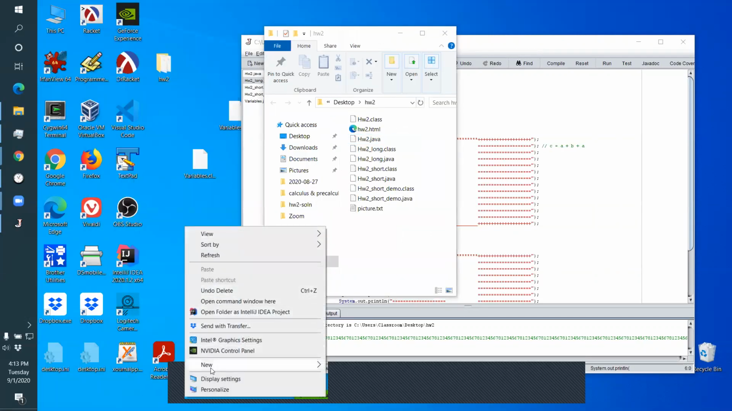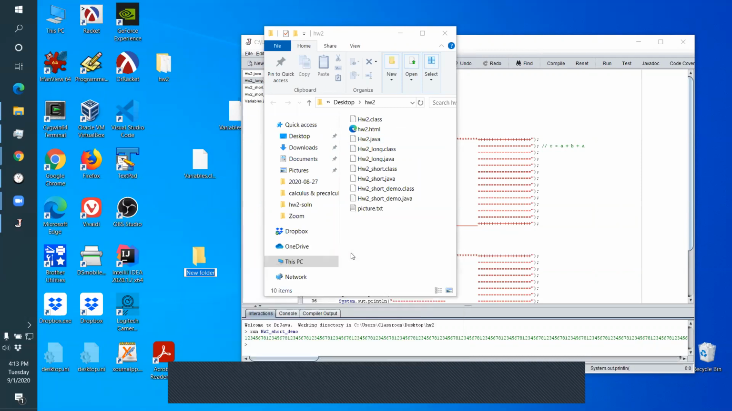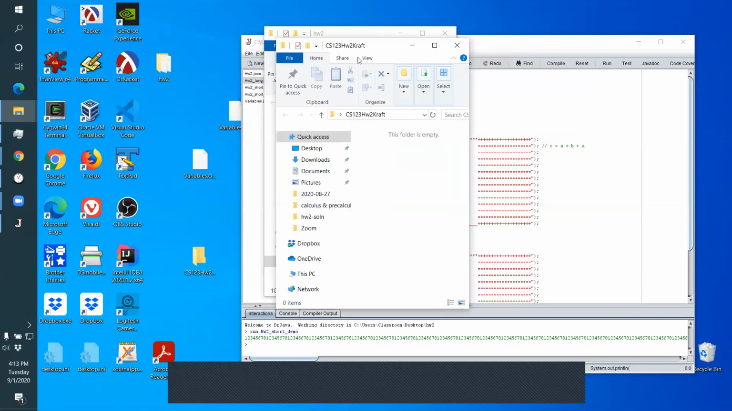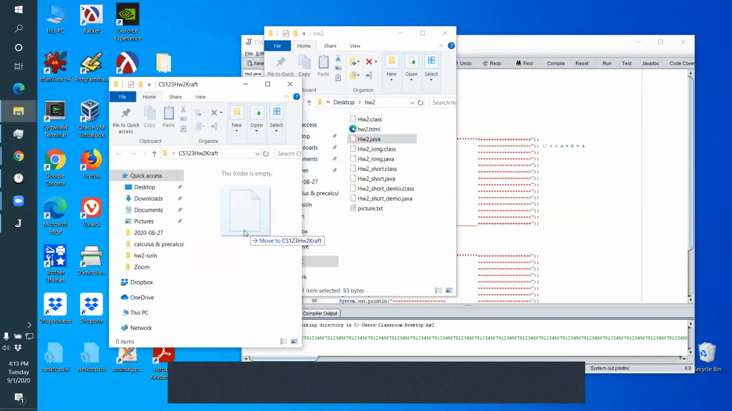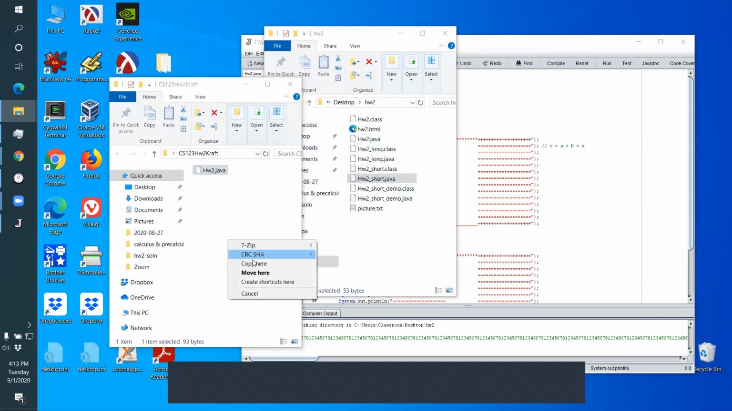Okay, so I create a folder called CS123 homework craft. That's me. That's my folder. Okay, and in that folder, I'll put what'll be homework 2, and you're also supposed to turn in this short one. You're supposed to put it in 2 versions. You're supposed to send me your medium length one and your short one. Okay, then you'll select these files, right click, and